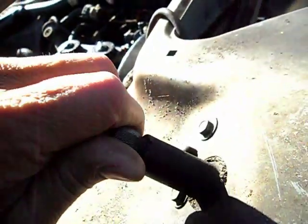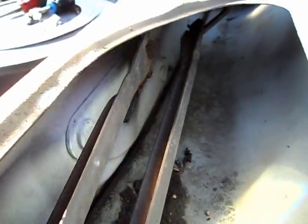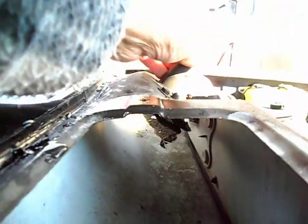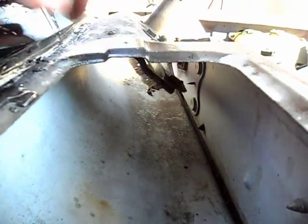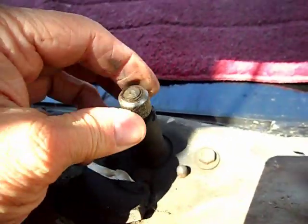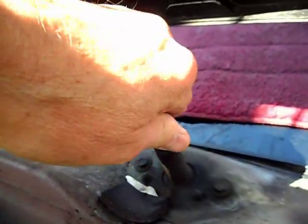I'm holding this. It's still turning. Go around to the other side. Can't really see much on this side, but let me see if I can hold it. What I have discovered is a little bit of looseness in this. You can hear it if I turn my...